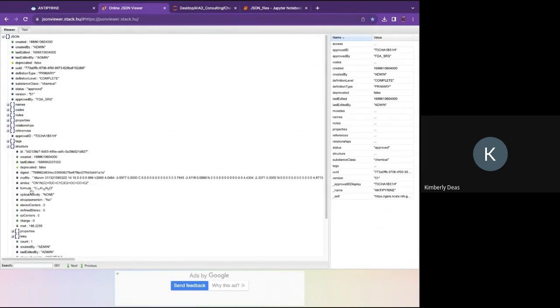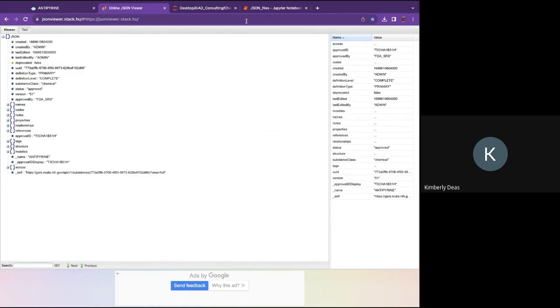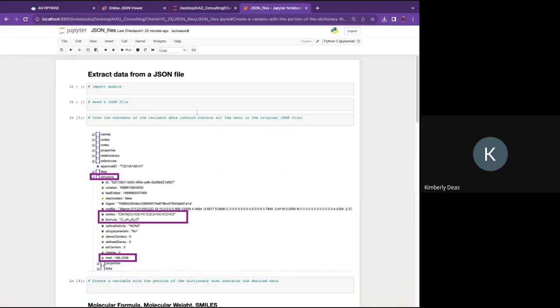actually contains the molecular formula, molecular weight, and the SMILES string. So we'll see more about that once we go over to our JSON file. All right, so let's go through the process of importing this JSON file and extracting the data that we need